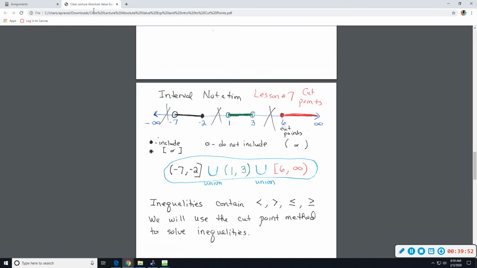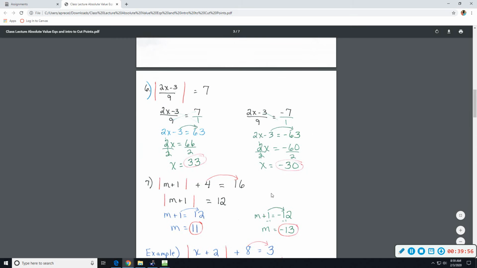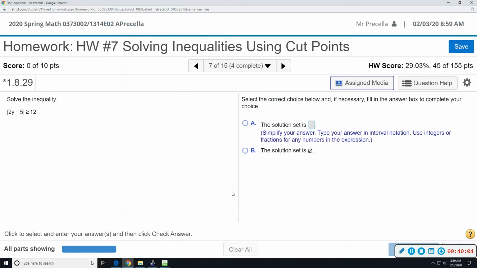Let me see. This equal positive, equal negative, I didn't get the feeling that y'all were thinking it was too hard here. So that's how we're going to find the solution cut points on this problem right here. Let me write it down. This is problem number 7 on homework 7. It says absolute value